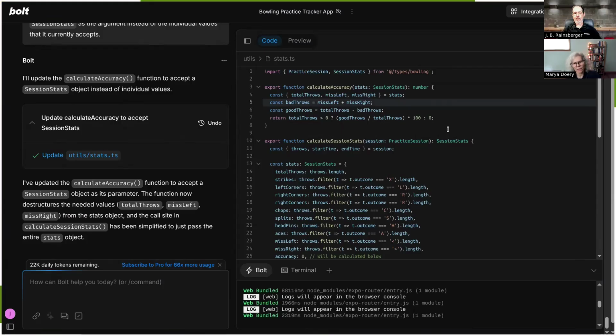Yeah, that makes sense. So then do you have any changes you want to make with respect to this calculate accuracy actually being an exported function? Yeah, see, I don't like the fact that this is export, so I would just remove that. I get that it could be useful later, but then when I do want to use it, I can just put export back.